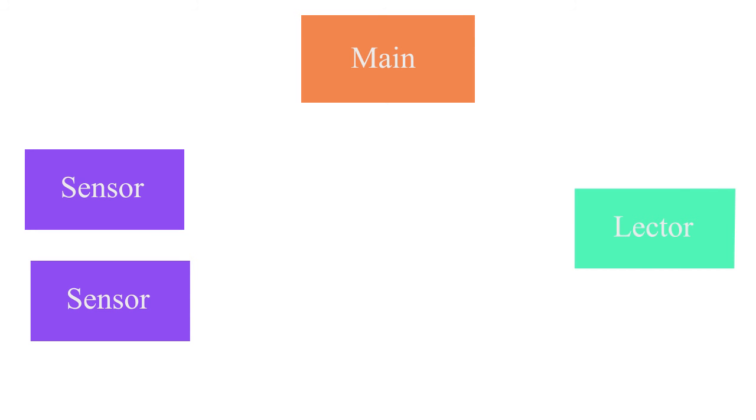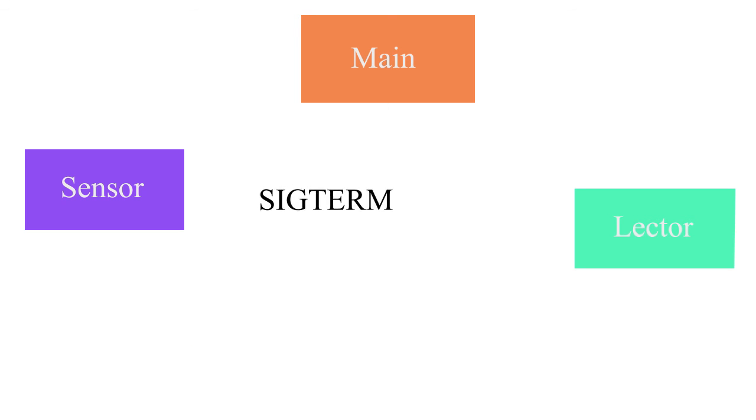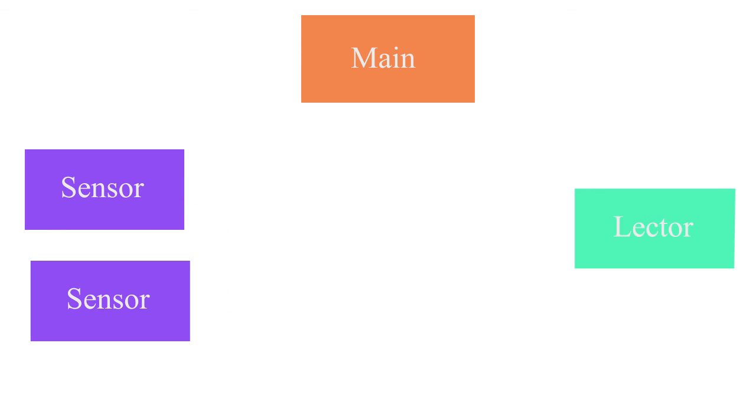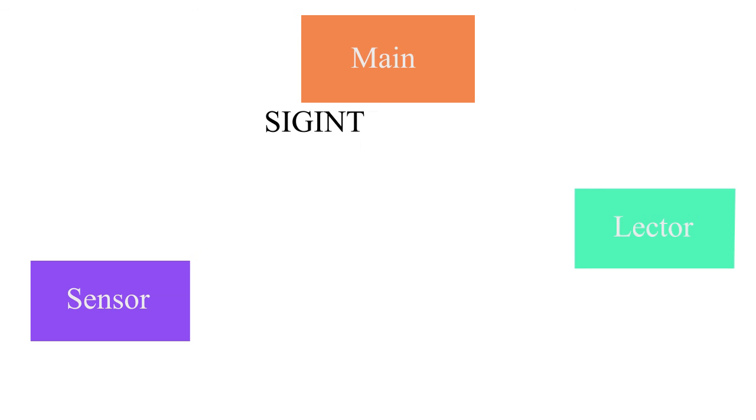For example, if a sensor process is terminated using a SIGTERM signal, then the main component will receive that status and create another process to replace it. If the sensor process was terminated by a SIGINT signal, then the main component will also receive the signal and it will do nothing. It will just terminate the process. And that's it. That is my solution for the